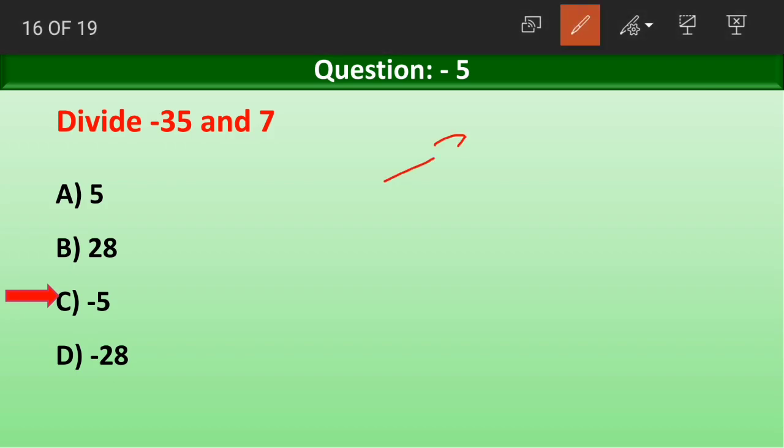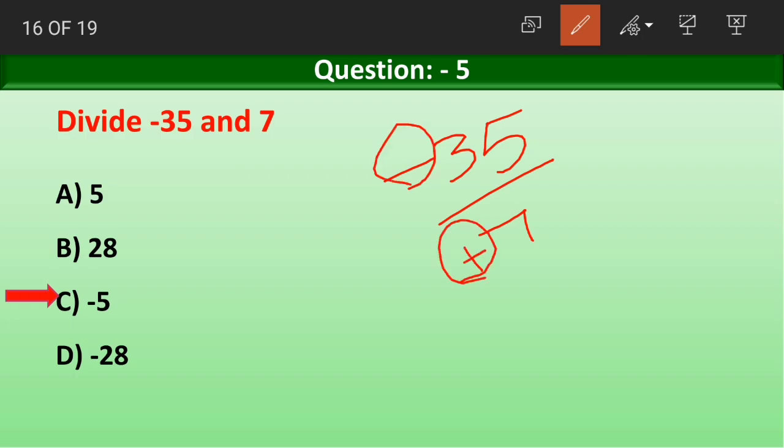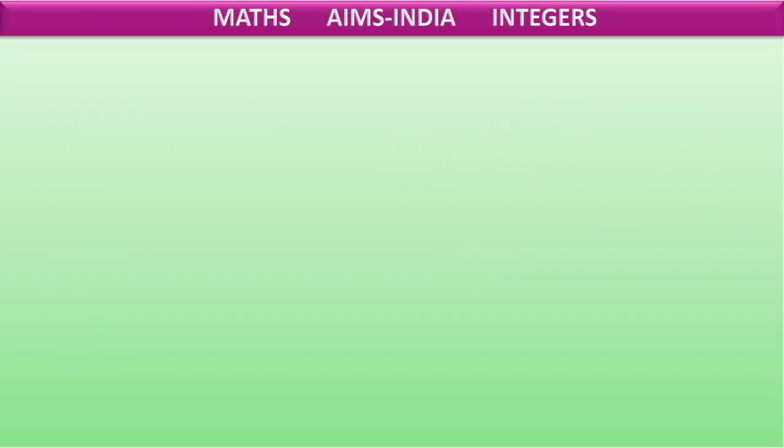How? If we write minus 35 divided by 7, first let us look at the signs. One is negative and the other is positive. When the signs are different, in case of multiplication and division, the result will be negative. The result will be negative. And coming to the absolute values, we know that 7 fives are 35. So the answer is minus 5. Understood? As the signs of both the integers are different, the result has a negative sign.